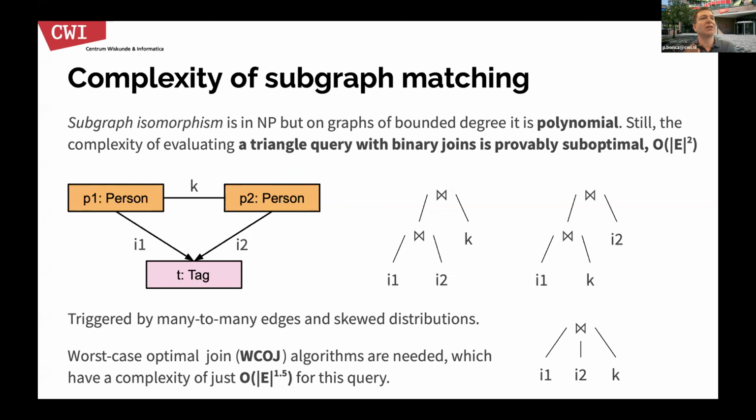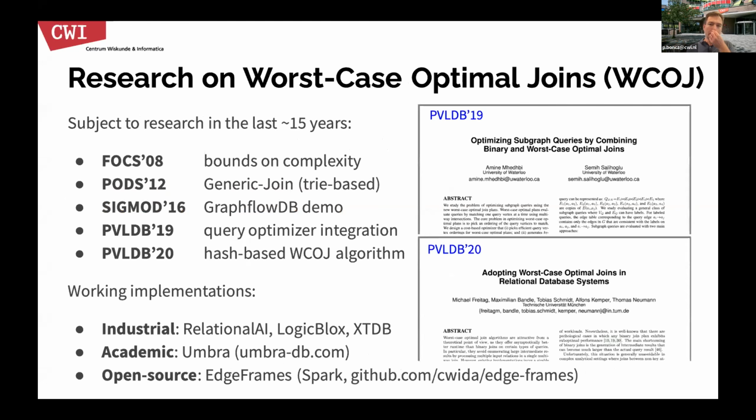That is the worst case outcome of, therefore, any triangle query. And there are algorithms that can guarantee that they will not spend more effort than this bound. These algorithms are called worst case optimal joins. And it has been an active area of research in the past 15 years, obviously starting in the theory community,